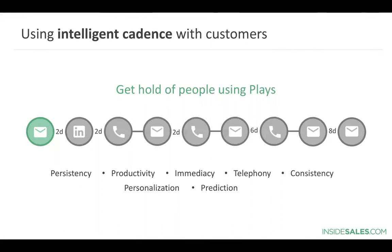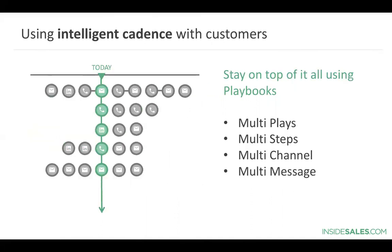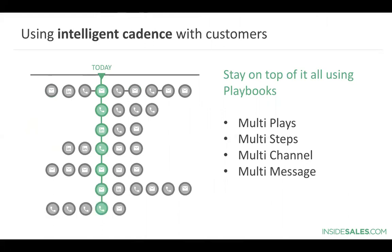What we oftentimes find when we come into an organization that is not using our application is they are trying to manage this all through Excel. Up here on the screen is basically a visualization that shows how playbooks helps account managers focus on the things that they need to get done today. It's really easy to get overwhelmed with all the various tasks that you need to do to really engage with your accounts. Playbooks is going to help you focus on just the ones that need to be done today,